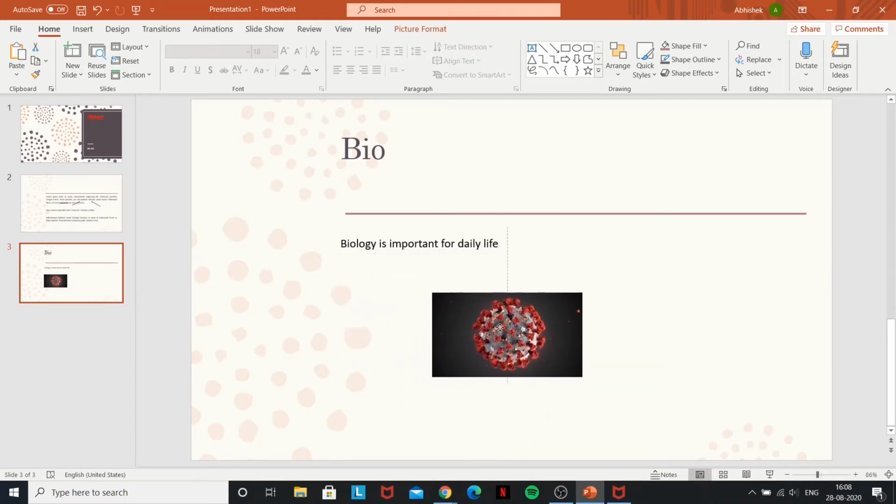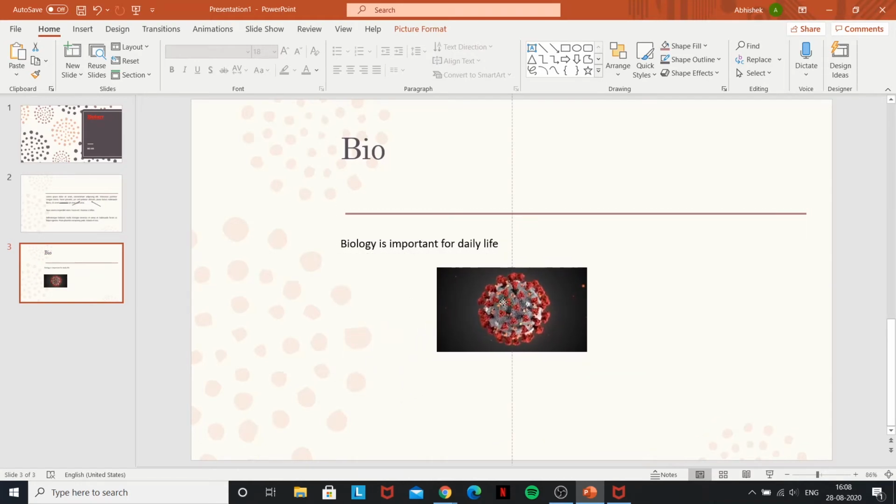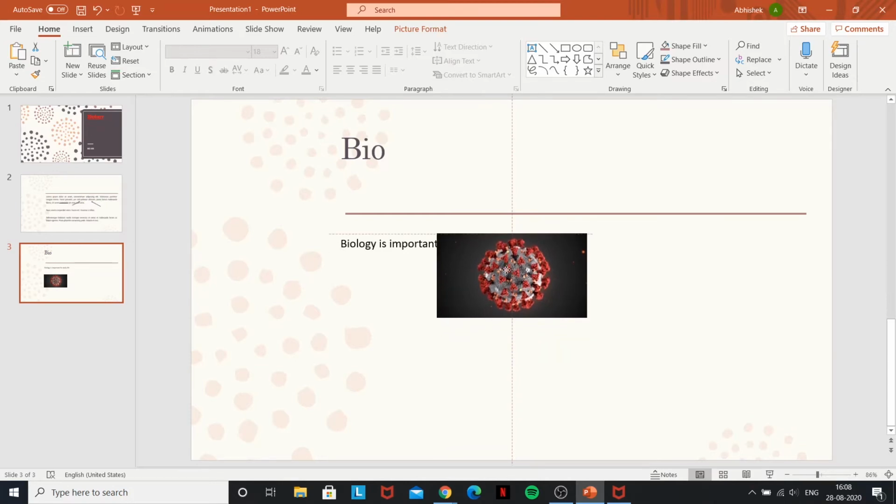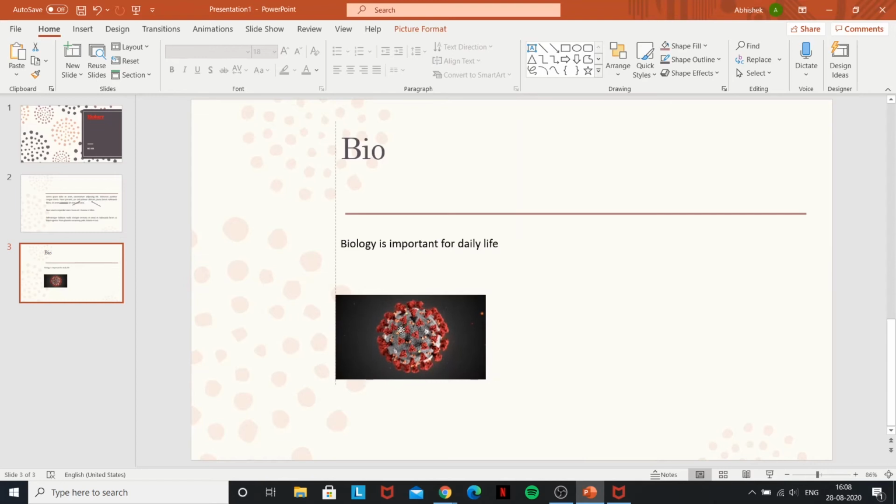If I want to line it up with the center of the screen, as you can see, it goes up all the way, and that's the center of the screen. So it just gives you multiple alignment options and reference lines so that you can format it in the way that you want to show it, which is very helpful, and it's not present on a lot of apps. So this is definitely a feature that you should use to your advantage.